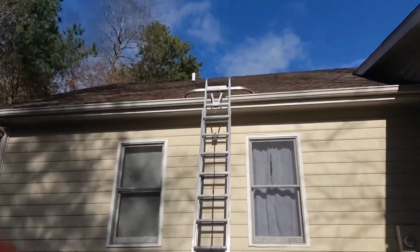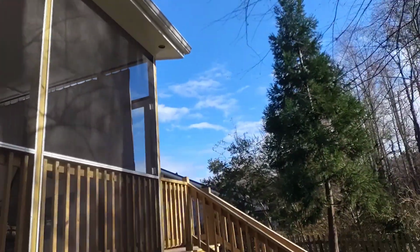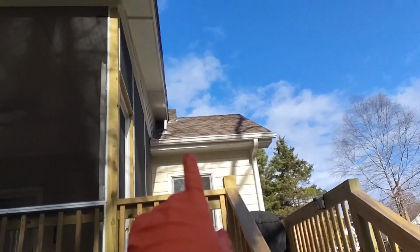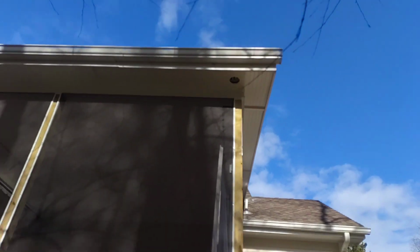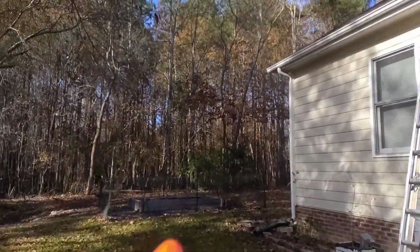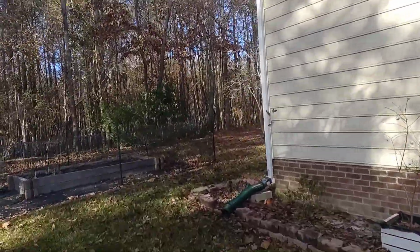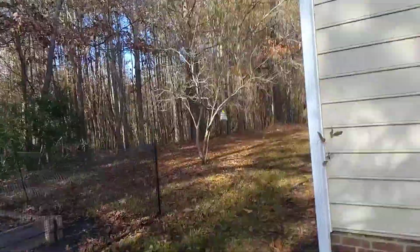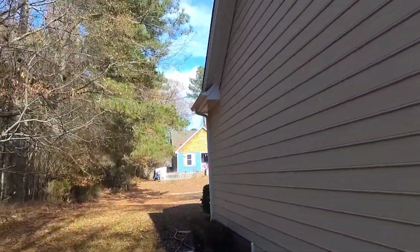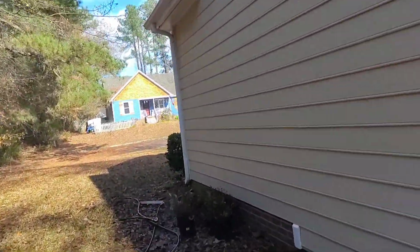But came through, blew all this out. Came over here, blew this right here. And this little portion here over the porch. So with that all being cleaned out, I brought the blower around to this area right over here, blew this out, and I got around to the front of the house